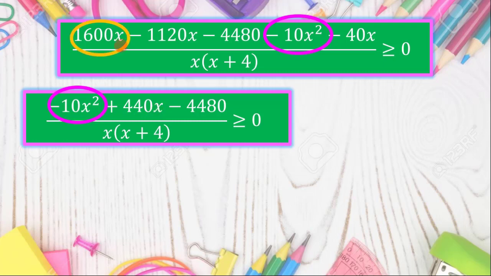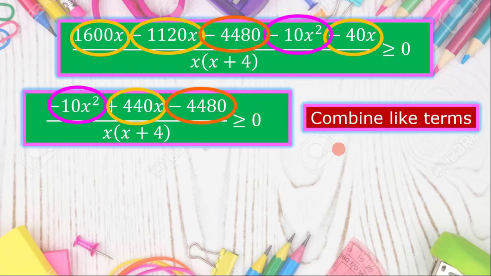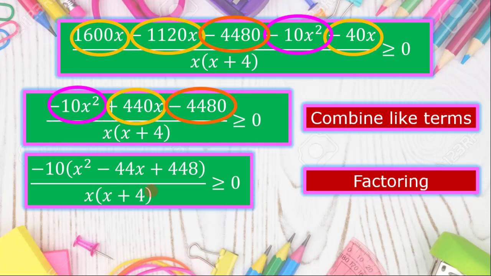Why do we have that? We have this orange circled one. We combined like terms. So this becomes 440x. Then we copy the constant, negative 4,480. And we copy the denominator. Then this will give us the red colored circle that indicates that this expression comes from the red circle here. So combining like terms, again we have to factor out. Common here is 10. So take away or factor out negative 10. This will give us x squared minus 44x plus 448 all over x times quantity x plus 4 greater than